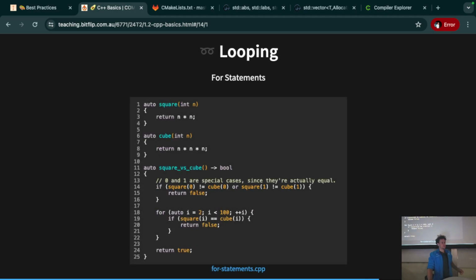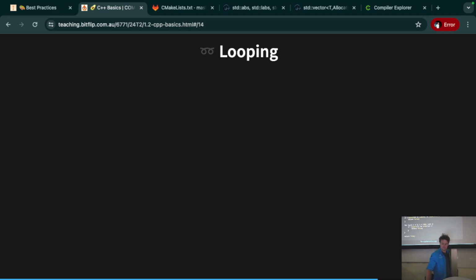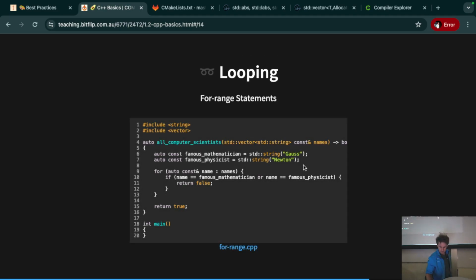So in that case, yeah, exactly. So in this case here, we're not mutating anything in this function. We're trying to find all computer scientists in this kind of abstract function. So because we don't need to even modify it, even if we're calling this function once,